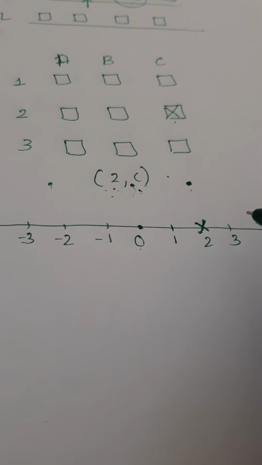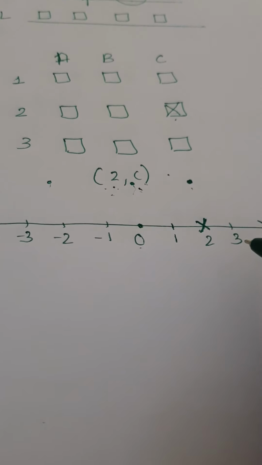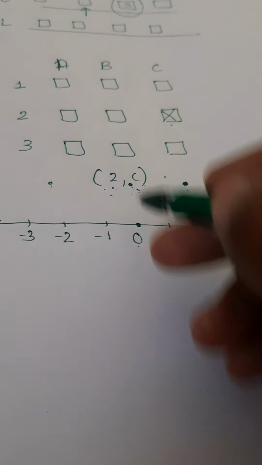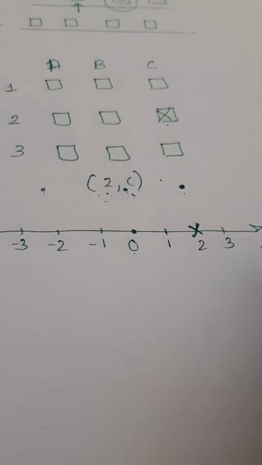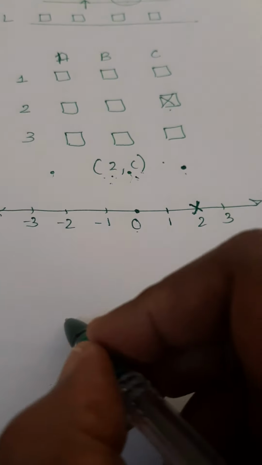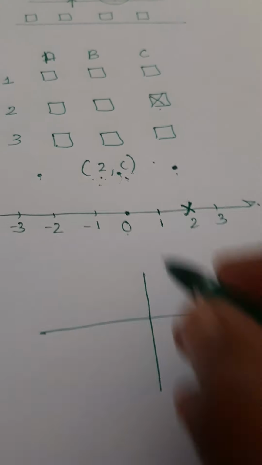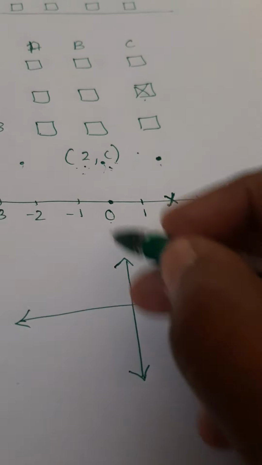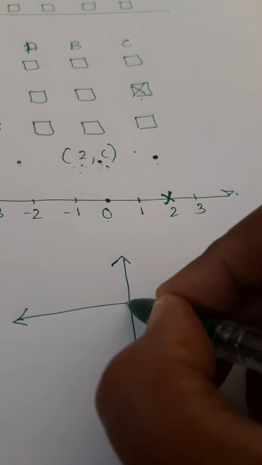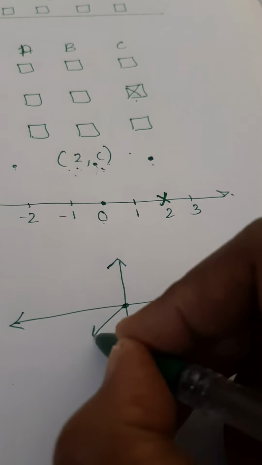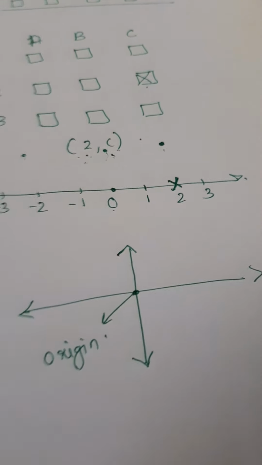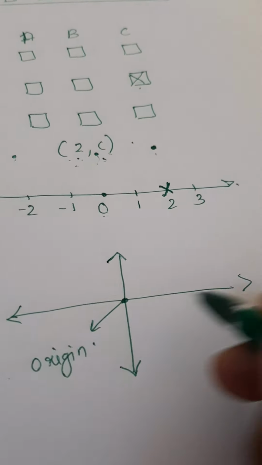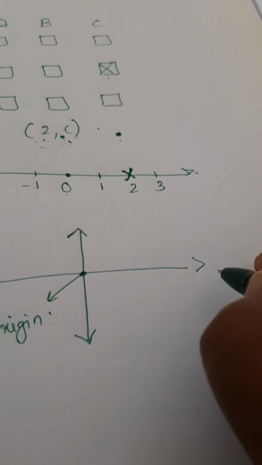That is, you need two reference axes. One is the horizontal axis and one would be the vertical axis. So the same number line, if you draw vertically, that is perpendicular to the horizontal one, it would be something like this. Both these are actually number lines, but these number lines intersect each other at a point, and this point is known as the origin, and this is taken as the reference point. The horizontal axis, or the horizontal number line as we call it, will be known as the x-axis.